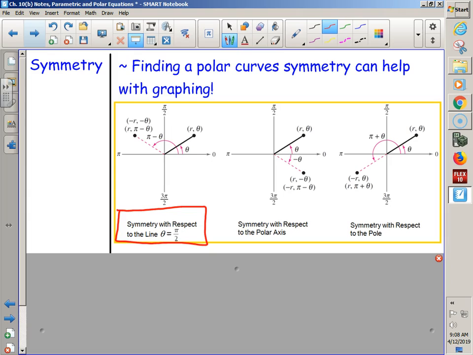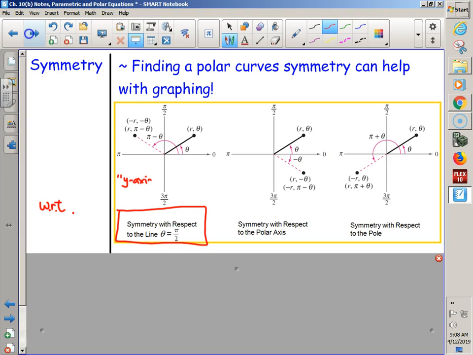Okay, that's one way. Yeah, it is capitalized. With respect to, technically in math, you can just do WRT, with respect to. Symmetry with respect to, wait a minute, theta equals pi over 2. Why are they saying that? Oh, because it's polar. And polar is in terms of r and theta. And if there's symmetry, what's on this side is on that side. The old way of saying it was